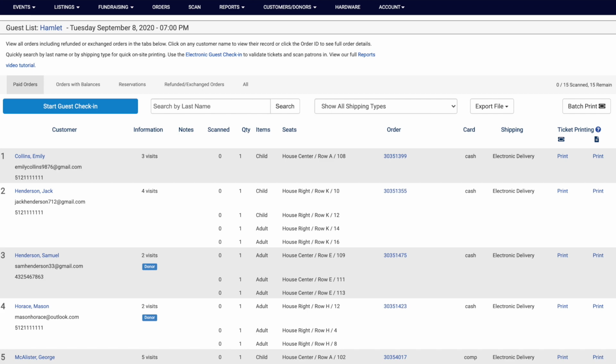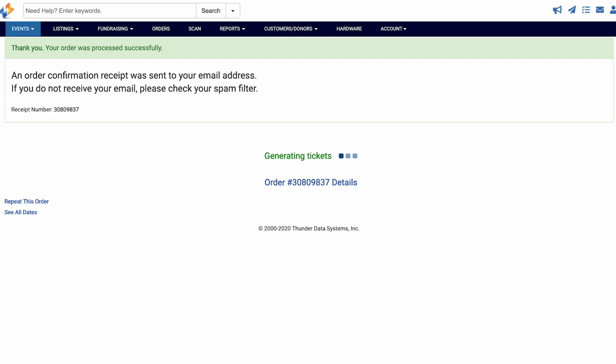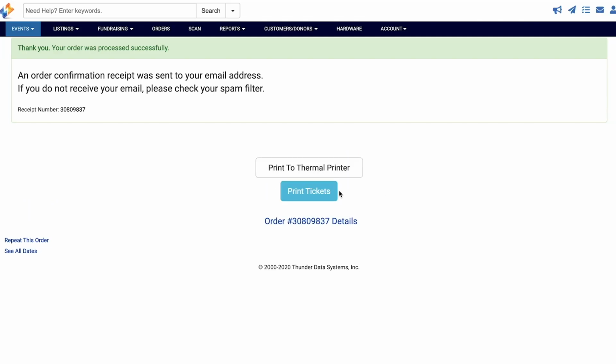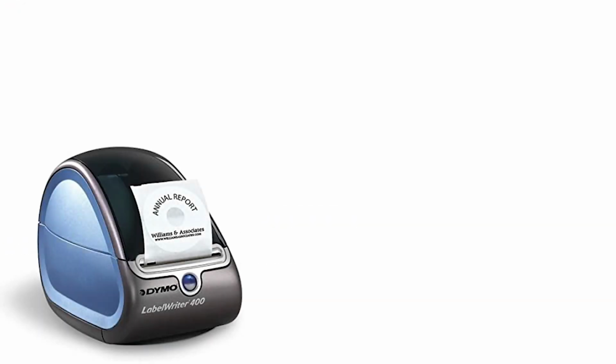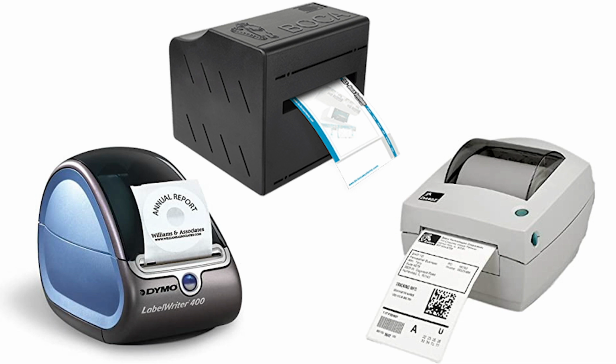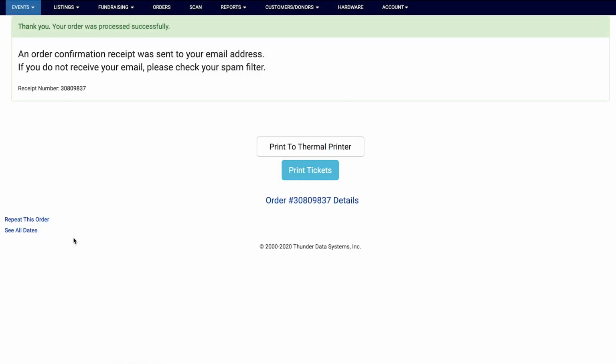At the conclusion of the order, we'll show several options. We'll display links to print either PDFs from regular printers, from connected thermal ticket printers, or label or receipt printers. We support many thermal printers, from the tiny footprint of portable Dymo or Zebra printers to traditional Boca printers. You can either print tickets on the fly or in time-saving bulk printing. Further, we'll even include an address label for insertion into windowed ticket envelopes for greater time savings.